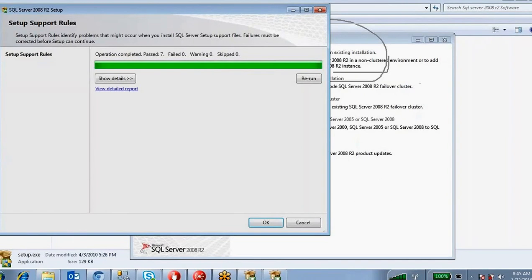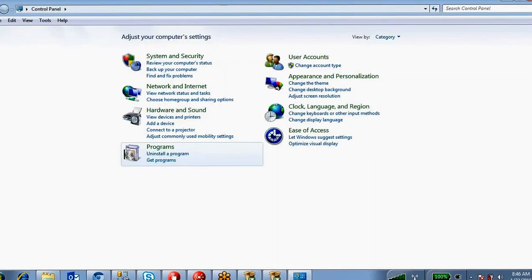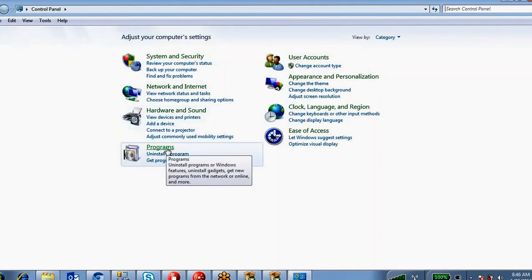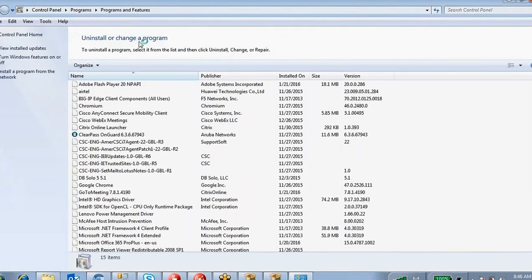Whoever's installation is not completing successfully, first you have to uninstall that one. Okay, so how to uninstall SQL Server software? You just go to Control Panel and go to Programs and Features.